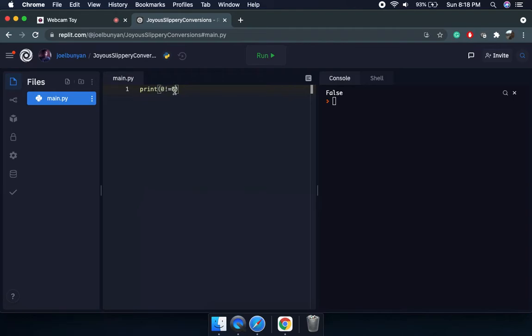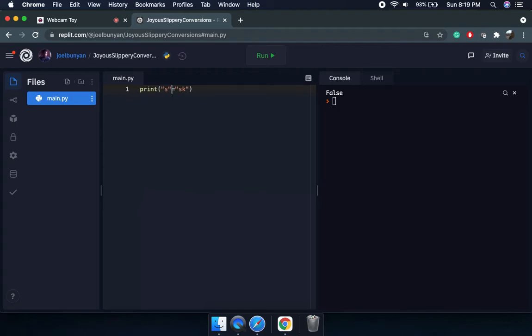We can also use these operators, equal to and not equal to, on strings. So I can just say s equal to s, and it will return true. If I add something, like sk, it returns false, because s is not equal to sk.